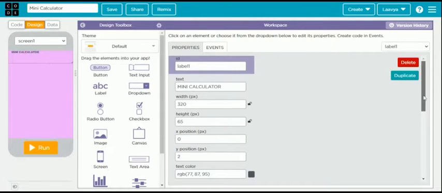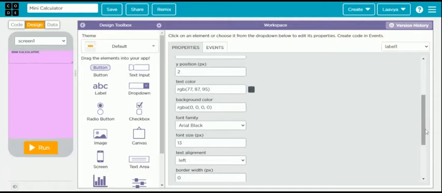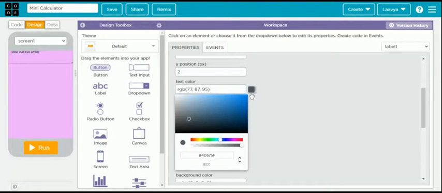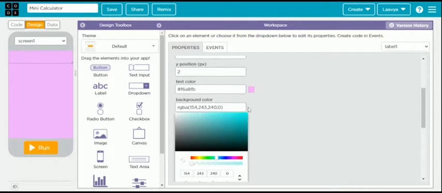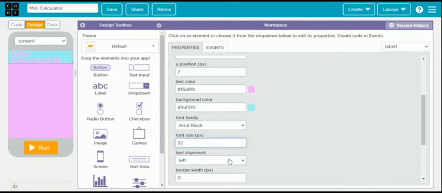And now if you want to change the text color, font, background color, font family, anything you can do. And now we'll add buttons because we will have to press the operations, then only it will work.